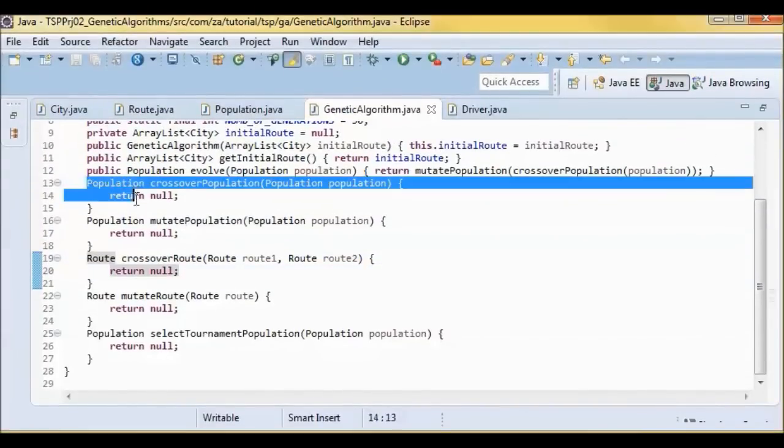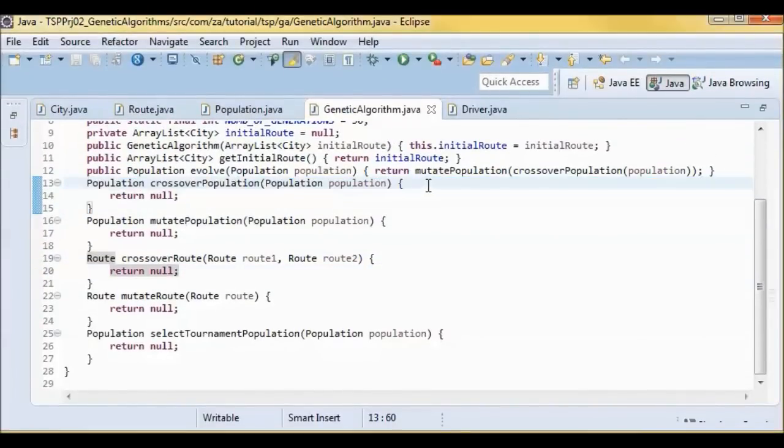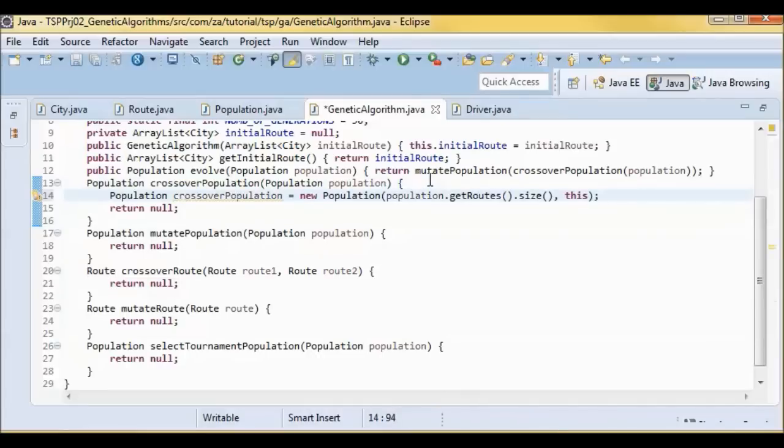Now here we will instantiate a new population given the size of the old population, and passing in this genetic algorithm instance.